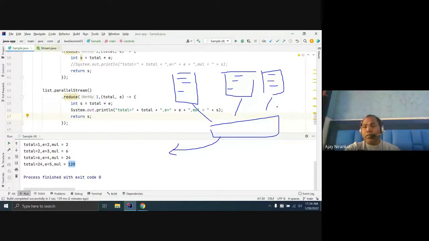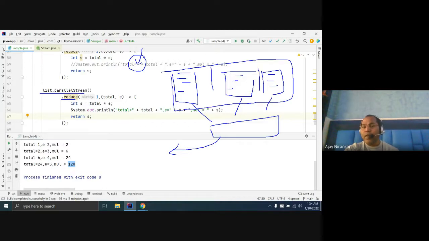So, to support the parallel stream, Java also gives one more option, reduce with three arguments. First, whatever identity object you want, and what operation you want to do for each parallel thread. And once all parallel threads have completed their job, you have to combine all the results into one so that you can get the actual output. So for this scenario, we generally use the third overloaded reduce function.